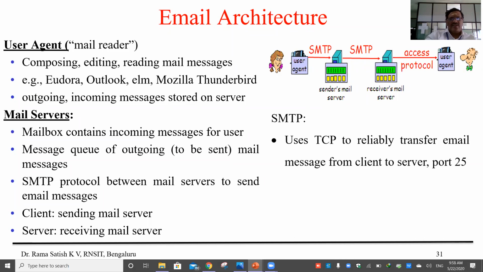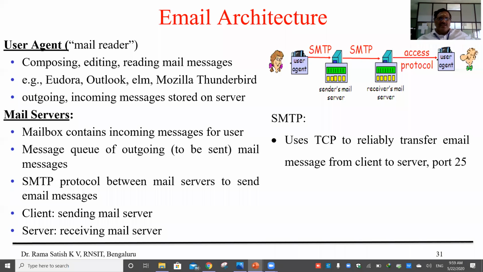What we use here is SMTP. SMTP is a TCP protocol which follows reliable transmission. That means once the mail is sent, you will get an acknowledgement. Acknowledgement in the sense that the mail will be posted in the sent mail folder.